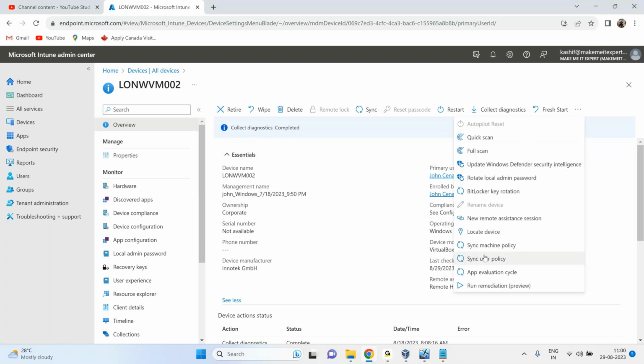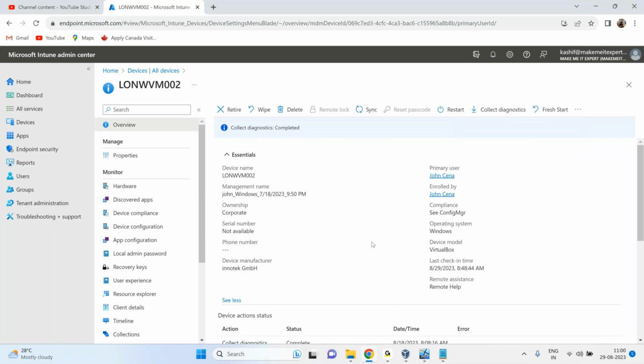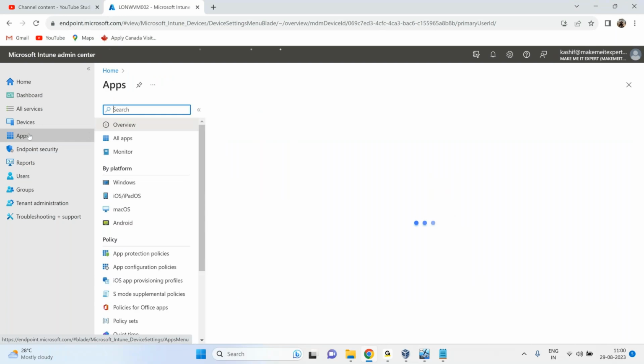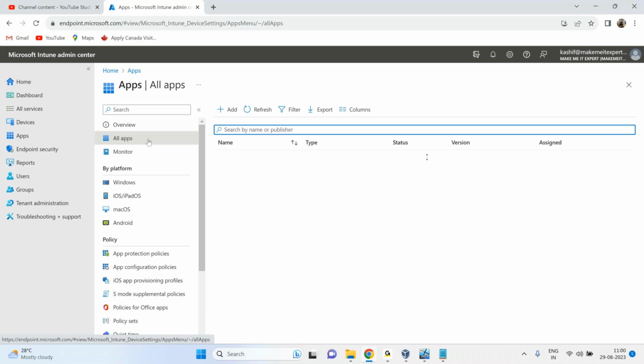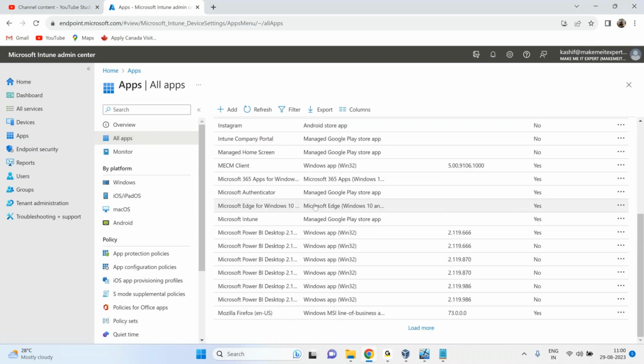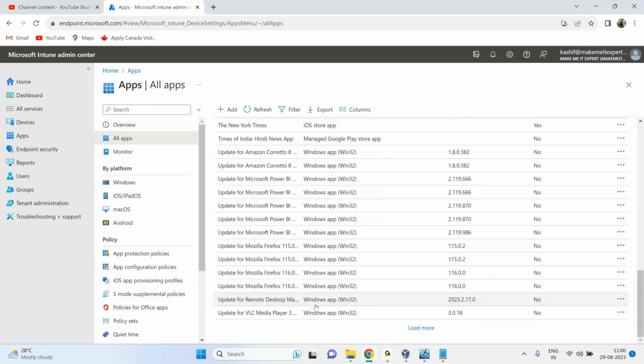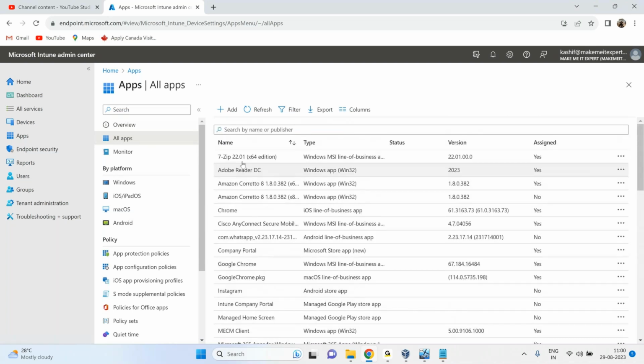I can deploy application to the device. Okay, how can I deploy application? I can go to the app section and then all apps, and here these are the apps available. I have added these applications myself. So you can add the application, and then for example, I'm going to click on add and choose these application